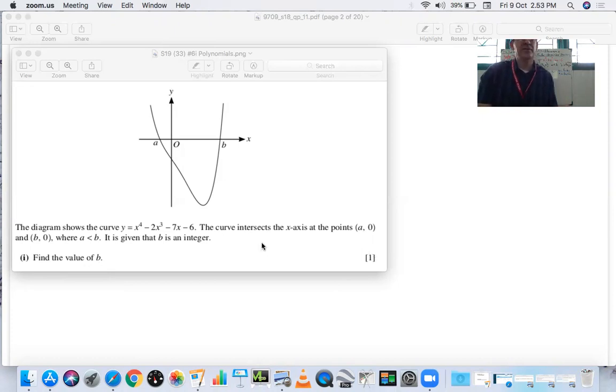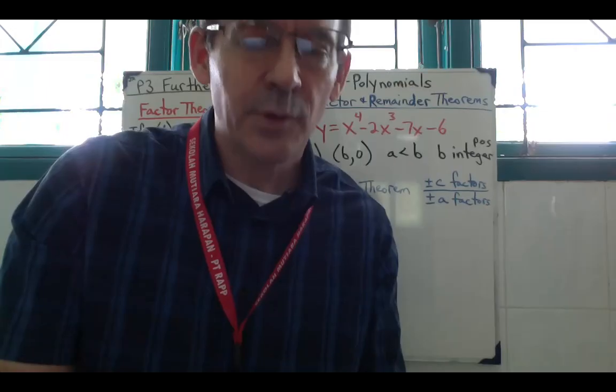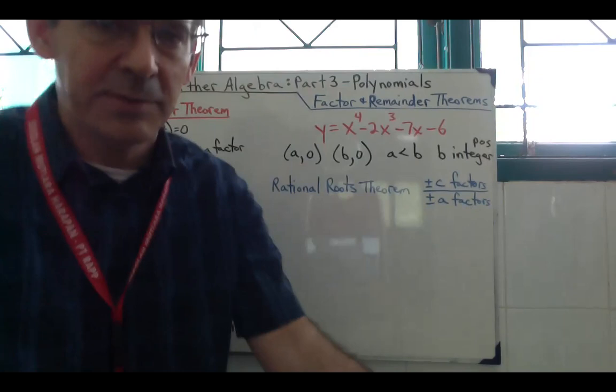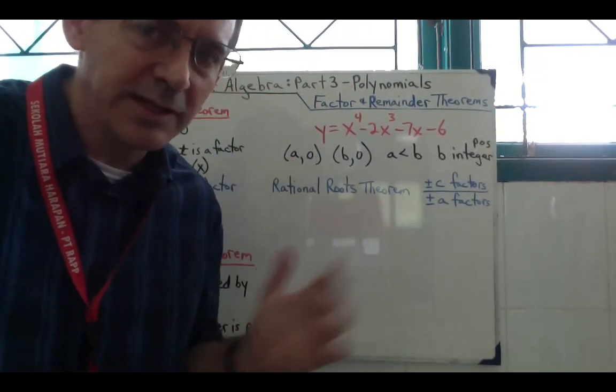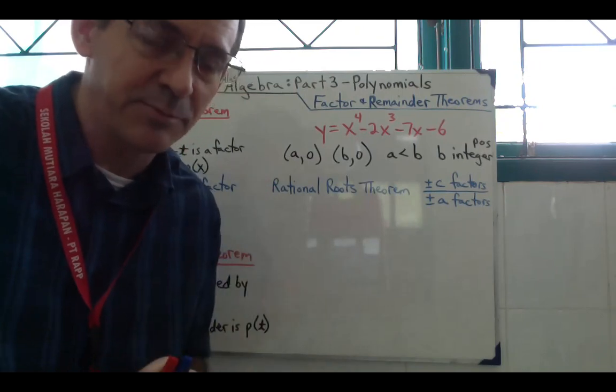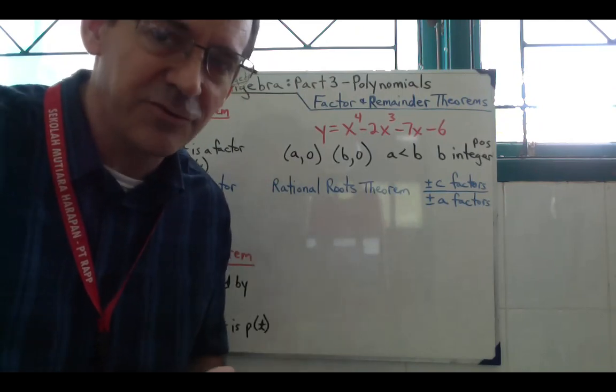And you might look at this and say there are no numbers on the graph. This is a 4th power, it's a quartic polynomial. How in the world are you supposed to be able to find the value of b? Well, I'm glad you asked, because I'm going to show you how you can find the value of b. And you want to do it relatively quickly because it's only worth 1 point, but every point is valuable in